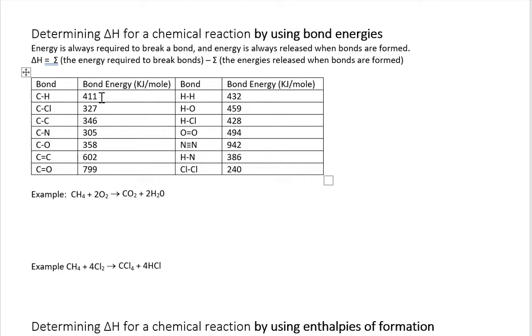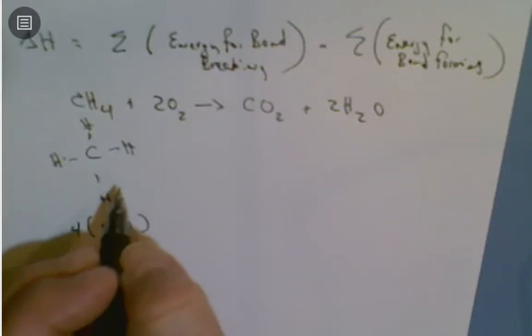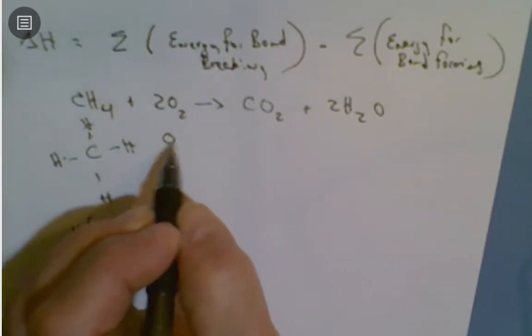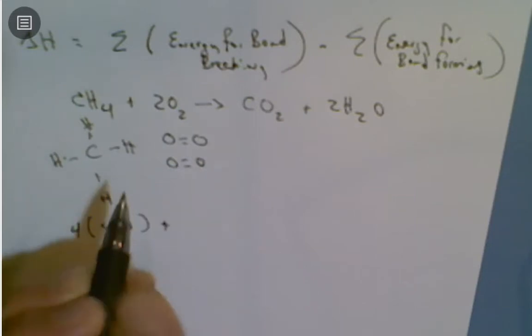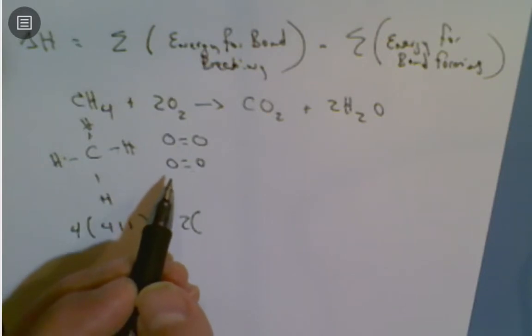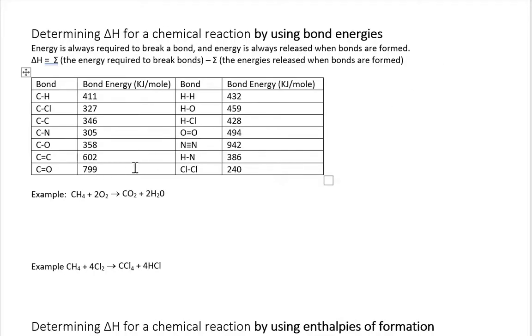Okay, so that's for our C4 bonds. And now we've got to do our oxygen bonds. So I'm going to say plus, I have 2 of these, and you need to know that oxygen is like so. So I'm going to add up 2 of those oxygen double bonds, and my oxygen double bonds are right there, 494 kilojoules per mole. So that will give me the energy required to break those 2 bonds, and now I'm